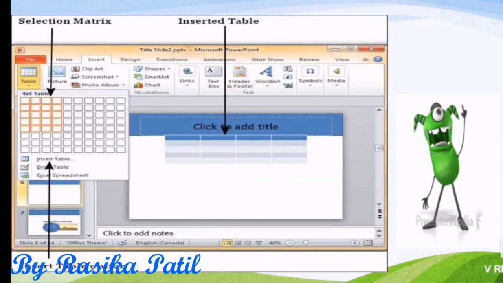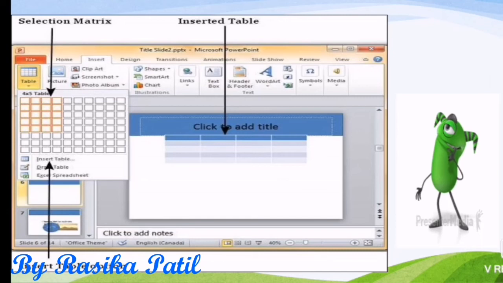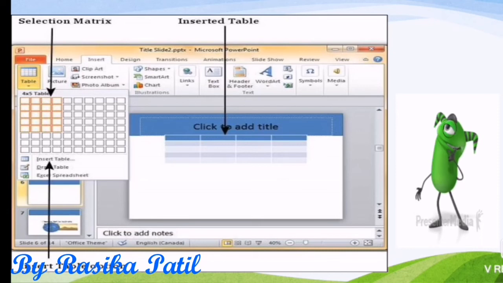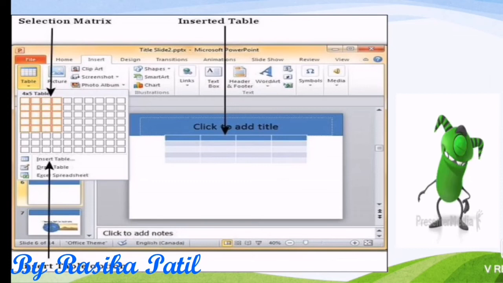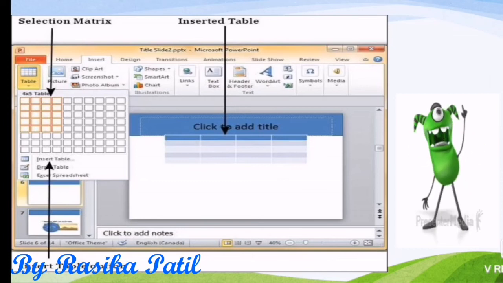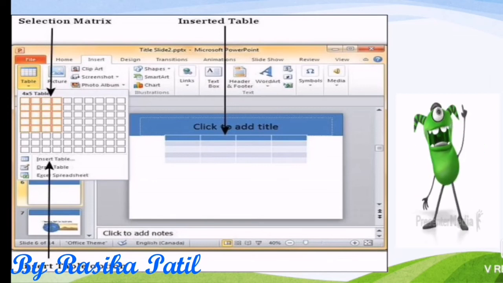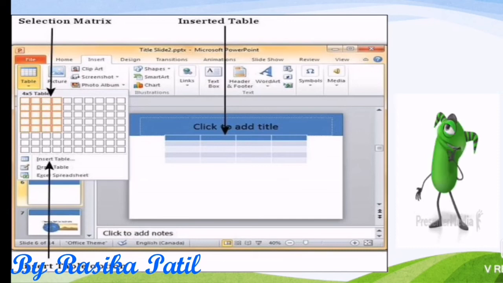As you select, see here, the number of rows and columns which I have selected we can see in orange color. That many rows and columns I want. As I select that, the same number of columns and rows are inserted in my slide. So this way I can insert the table into my slide through the selection matrix.